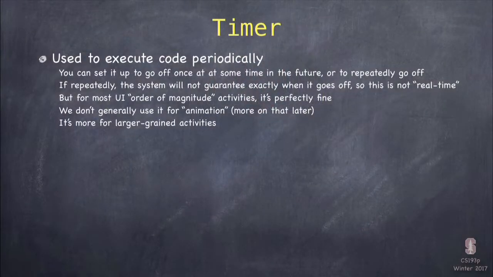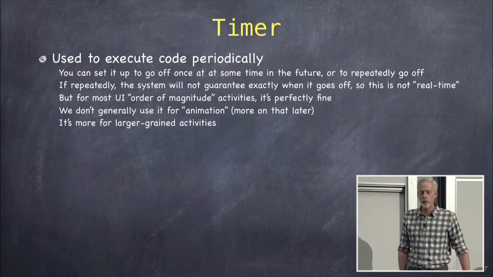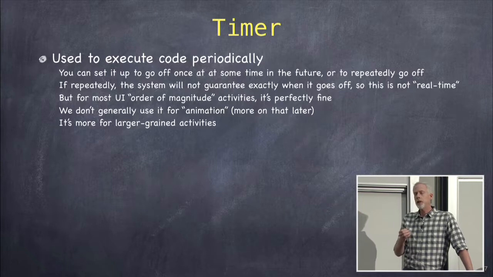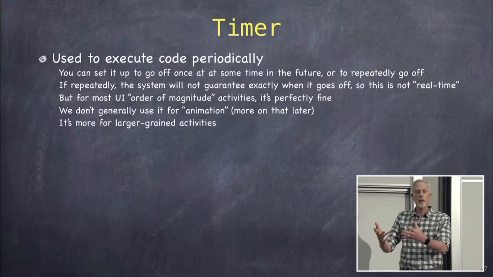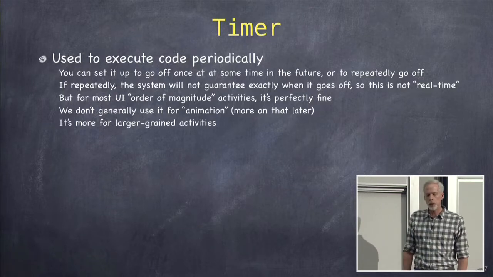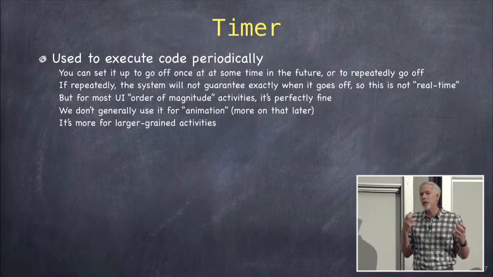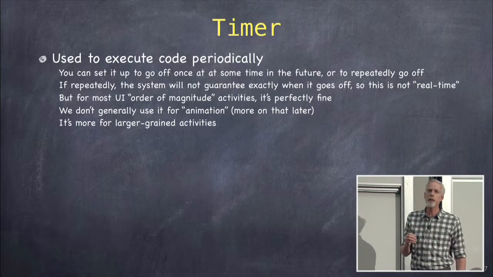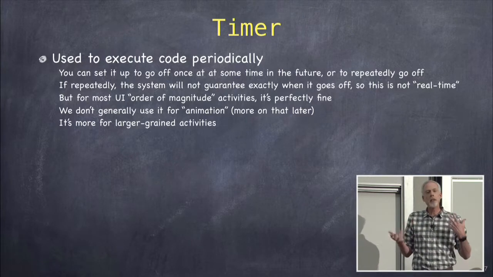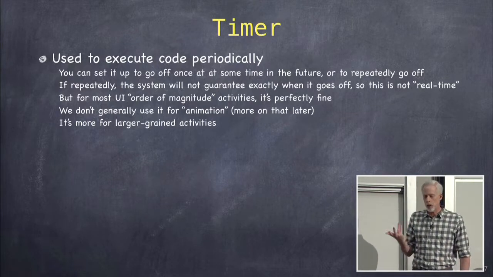So timer is this very simple class, very simple to use. You're only probably going to use 2 or maybe 3 methods or vars in it ever. And all it allows you to do is take a closure, a block of code, and execute it sometime in the future, either once or repeatedly in the future. And this is not really real-time programming. This timer is not going to go off exactly when you say, but it's going to be pretty close because it's going off on the main queue, and the main queue sometimes is busy handling an event or something like that. So it's not exact, but it's pretty darn close to going off.